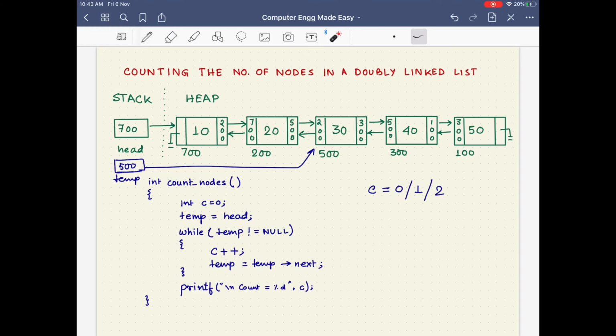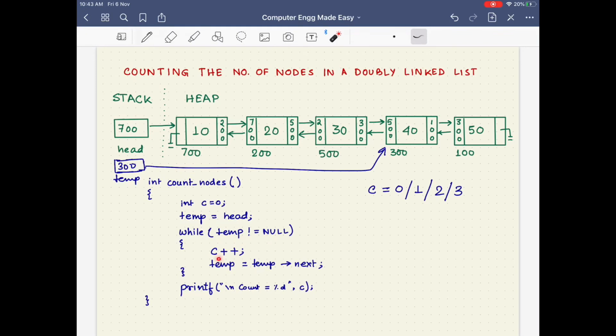We find this condition is true, and therefore we execute C++, and C now becomes 3. And again we execute temp equals temp next. So in temp next, we now have 300. So this 300 gets stored in temp, indicating that this link no longer exists, but instead we are pointing to this particular node.